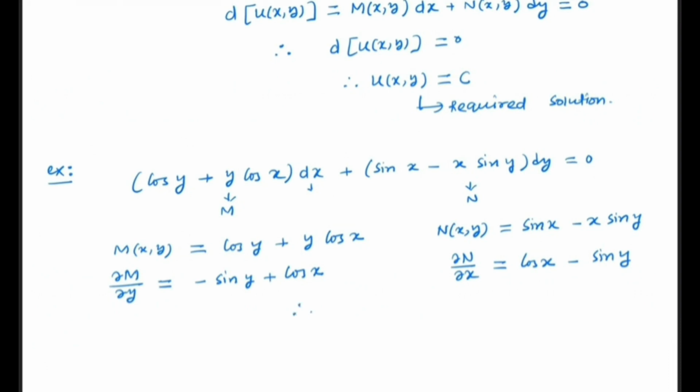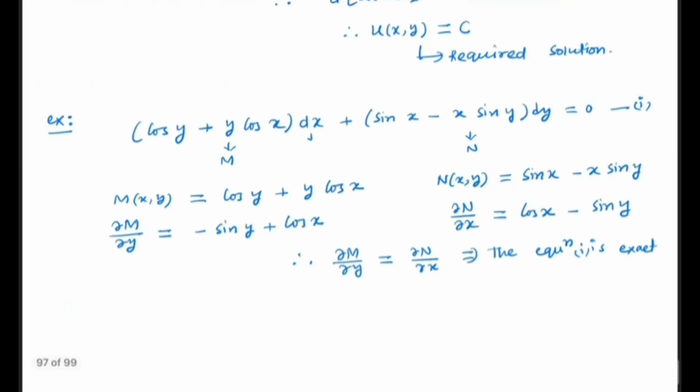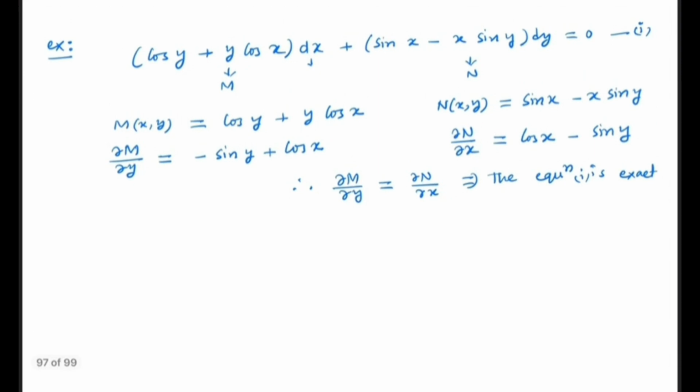So here we get ∂M/∂y is the same as ∂N/∂x. So we can conclude that the equation is exact. We call this equation number 1. So we say that equation 1 is exact. Now, since the equation is exact, there must exist